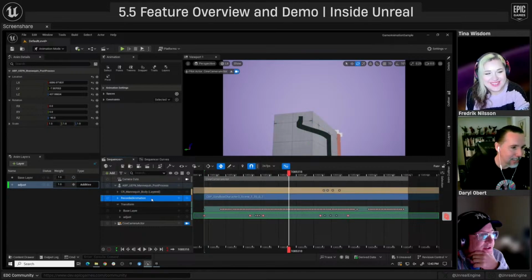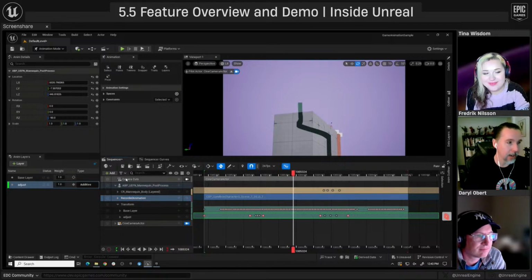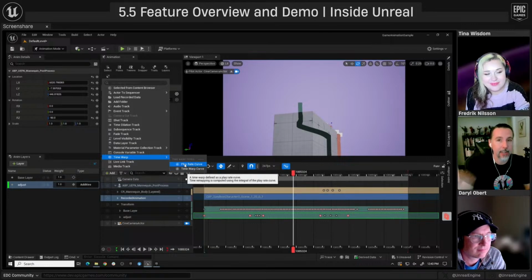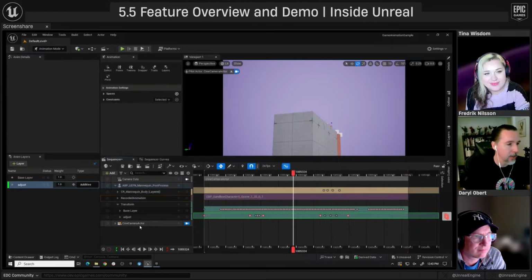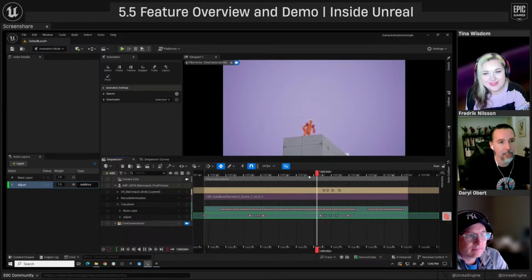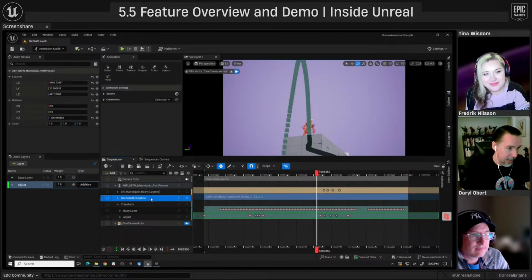Okay, so what I want to show is time warp. Time warps are awesome. You can do a time warp on a global level, like on the whole shot. So everything, the camera, the character, props. So I can do a play rate curve, which is kind of the speed of playback. I can also use a time warp curve. So instead of that, I just want to time warp just this character leaping in this section. I just want it to go into slow motion. So I can do it just on this animation sequence.